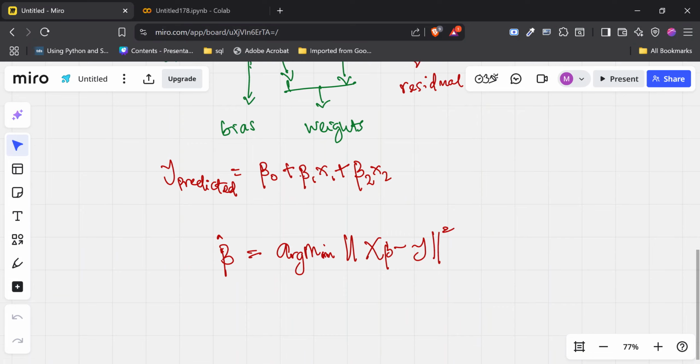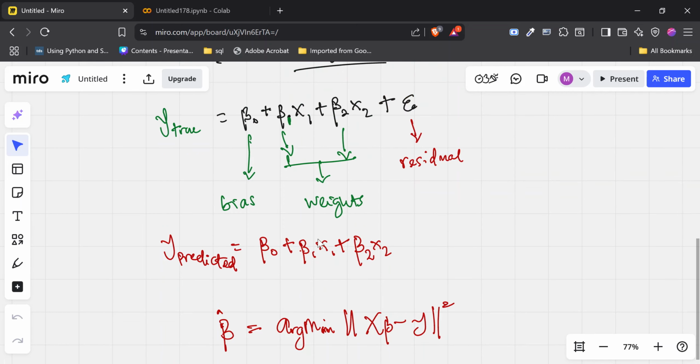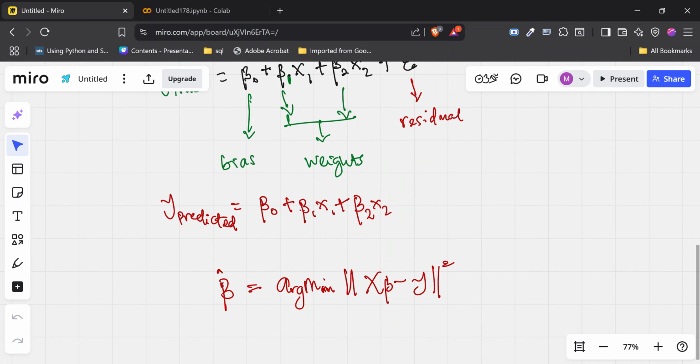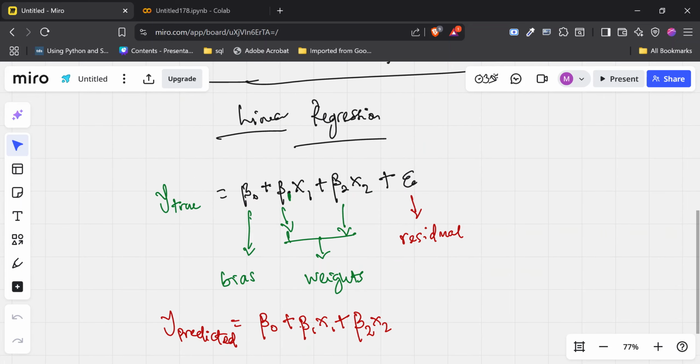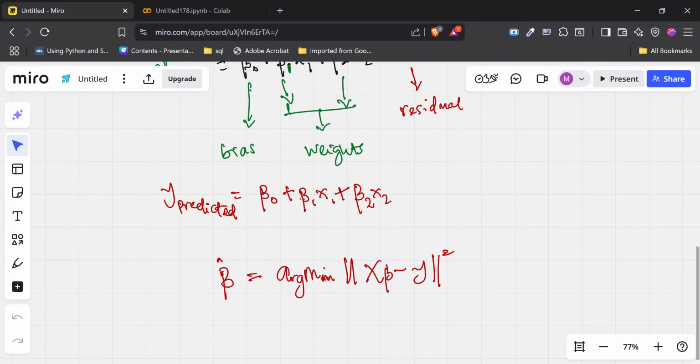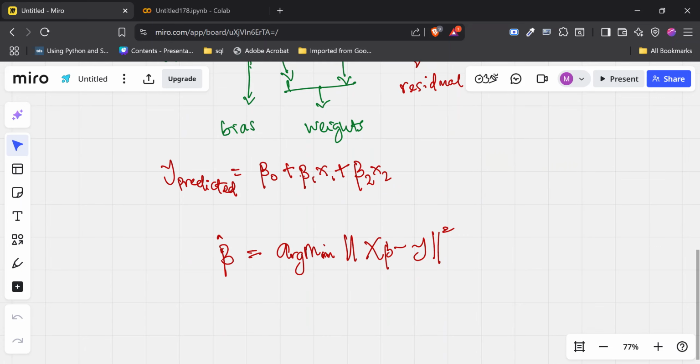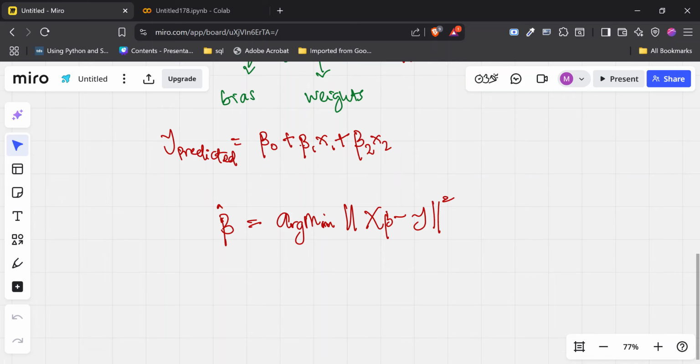Now, what does that mean? That means that the two things we can take away from this is, number one, we know for a fact that a regression problem is a minimization problem. And what are we trying to minimize? We are trying to minimize our loss. We'll get to that part shortly.